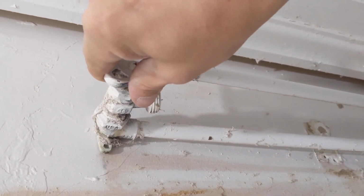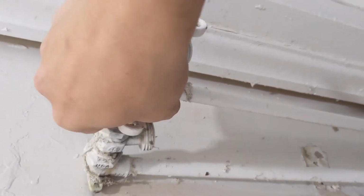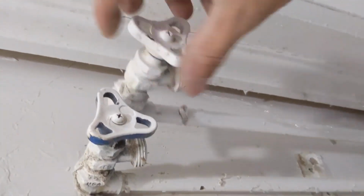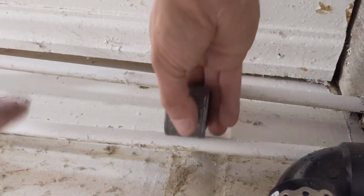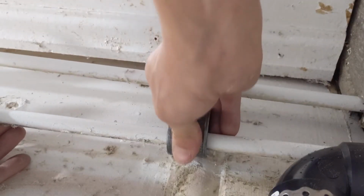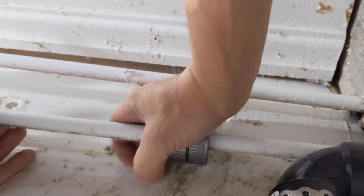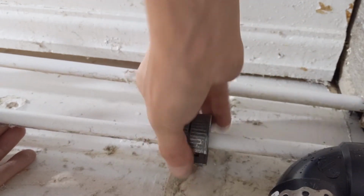So what we're going to do here today is get rid of these old sediment faucets that were used for a laundry machine. We've got the building turned off right now. You can see we got a little bit of water coming out. That's normal. But what we're going to do is put in some half-inch ball valves